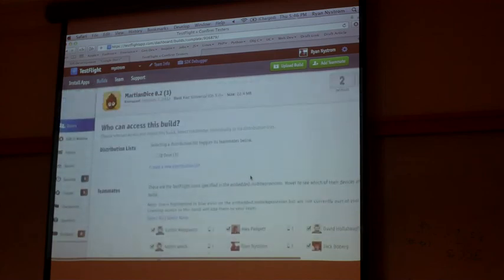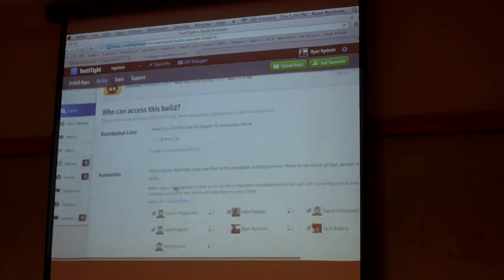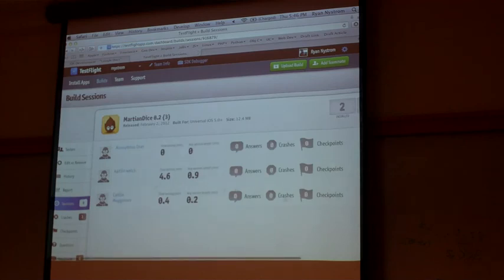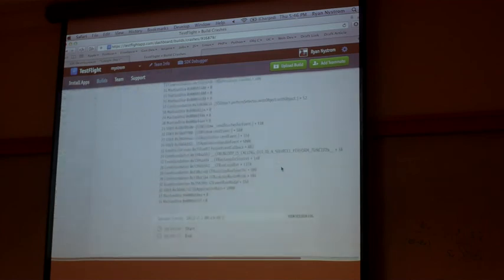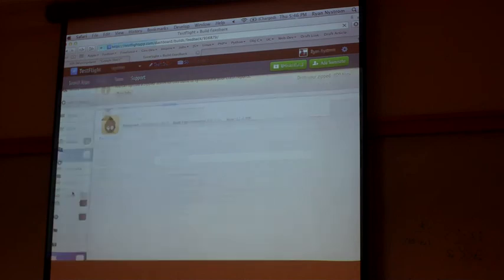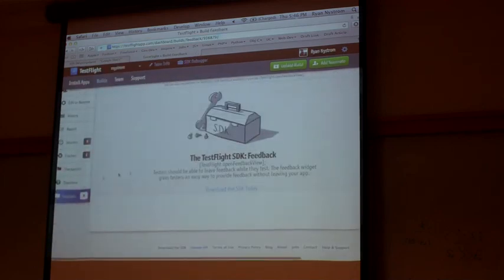Assign them to the build, hit complete, it shoots them an email, and they can install it through the email. I get session reporting, which shows how long people play and how many sessions. I get crash reporting on certain devices. I can get the stack trace there. You can also ask for feedback in the app. You know, have a little pop-up that says, hey, what did you think of that level? Or do you like this app? And when they hit submit, it shows up on your dashboard. Pretty cool tool. If you're ever seriously looking into developing and distributing apps, I would strongly recommend this. It's free. It's totally free. It's super, super nice.